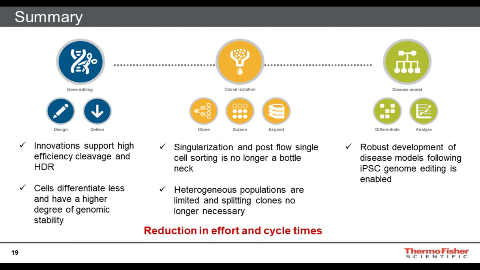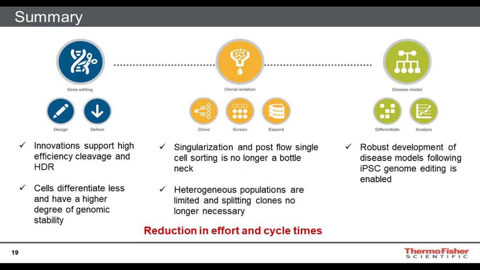We then have new tools for the clonal isolation, where you can now singularize and single-cell sort pluripotent stem cells. So clonal isolation is no longer a bottleneck in the genome editing workflow. And heterogeneous populations are rarely found, since FACS sorting is a highly reliable method, and one round is sufficient to isolate fully clonal lines. And then I've shown you that using our differentiation kits, you can then show that these